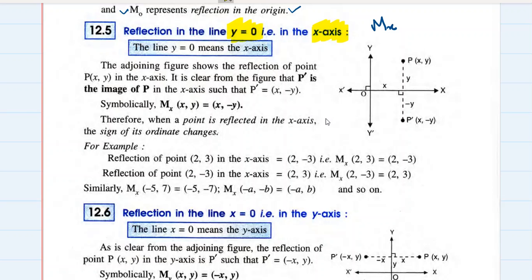चलो अब देखते हैं हम लोग रिफ्लेक्शन इन y = 0 या फिर x-axis कैसे होता है। तो हमें एक बात पता है कि एक पॉइंट है P(x, y), हमें उसका रिफ्लेक्शन निकालना है x-axis में। सो व्हाट वी आर गोइंग टू डू, वी आर गोइंग टू इमेजिन दैट देयर इज अ मिरर प्लेस्ड ऑन दिस x-axis। तो हमें ये बात पता है कि अगर ऑब्जेक्ट मिरर के सामने रखा है तो उसकी इमेज मिरर के पीछे बनती है एट द सेम डिस्टेंस। अब देखो यहाँ पे ये जो पॉइंट P है उसके जो कोऑर्डिनेट्स हैं वो क्या है, वो है x, y।